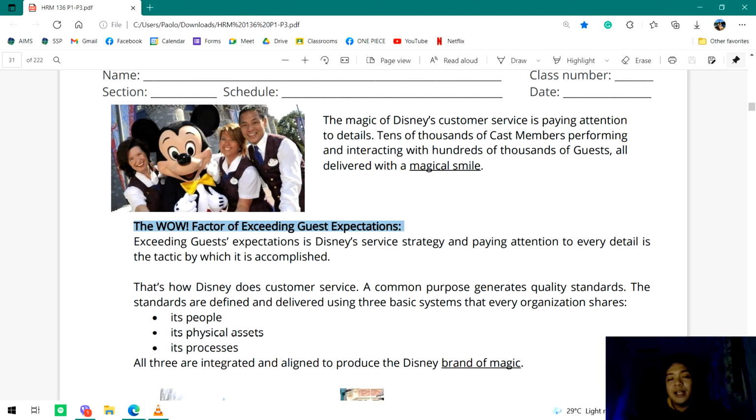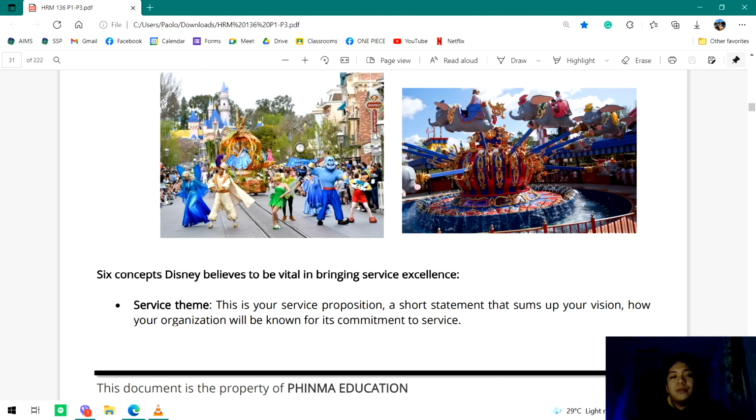Kaya di ba tinan nyo, hanggang ngayon, ang mga Disneyland amusement parks, I mean, before pandemic, before all of this happened, Disneyland amusement parks is considered as one of the major best amusement parks in the whole world. Kasi ang focus talaga nila is more on guest experience. Trying to reach guest expectations and even trying to go beyond guest expectations. So yun yung parang pinaka naging prinsipyo ng Disneyland sa kanilang